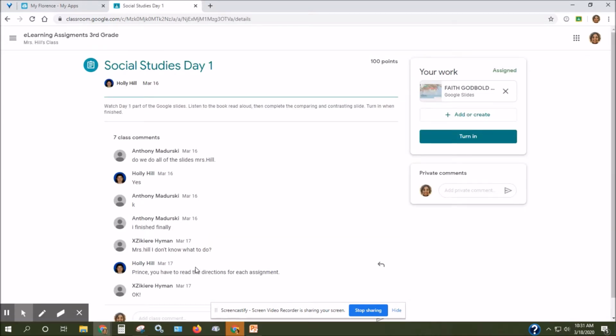From here, you will see on the right your child's work and whether or not it has been turned in. In this instance, you can see that I have not turned my work in yet. So this is a clear indicator that this assignment needs to be turned in. To see the work before turning it in, your child clicks the work,